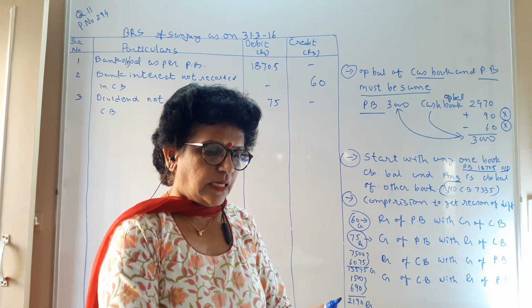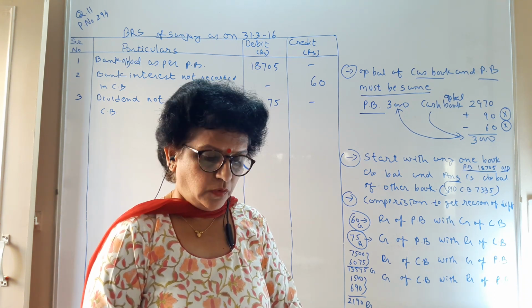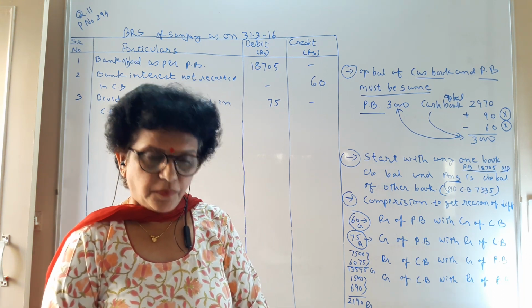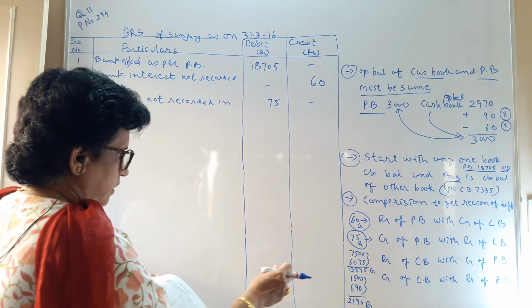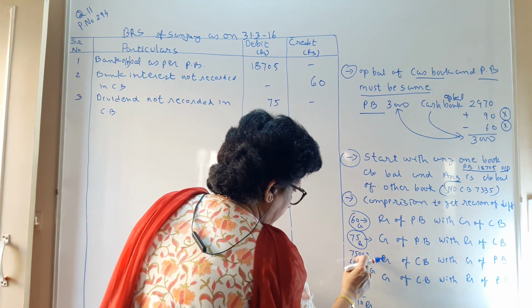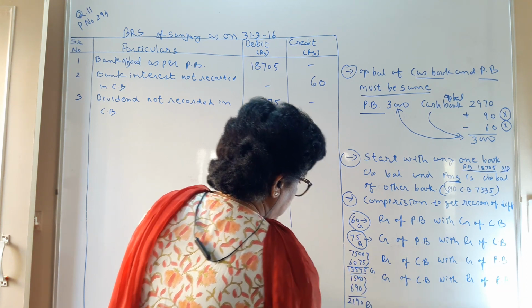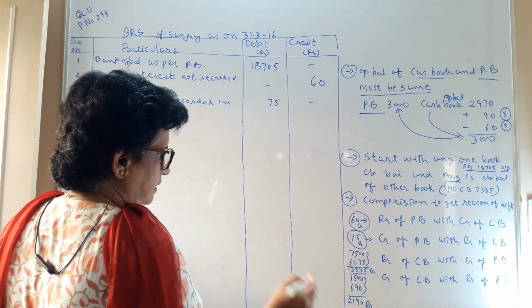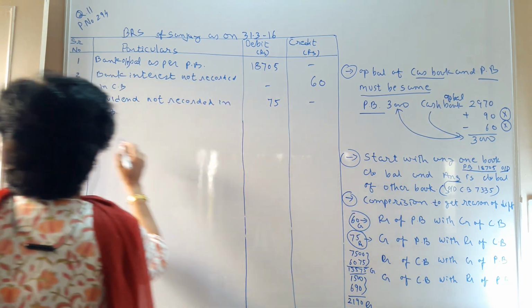So these are the two things. What the two things are? Cash book, debit side. So what the reason going to be? The checks are deposited but not credited in the passbook. So your figure going to be 7500 and 6075. Total 13575. Checks are deposited but not credited in the passbook.